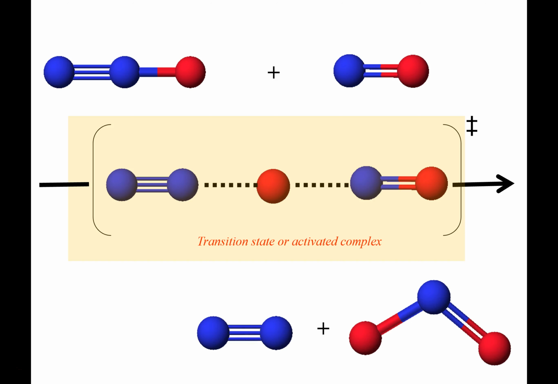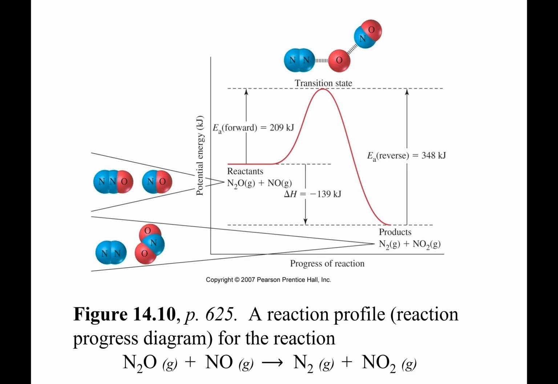Okay. Again, you're going to see it here in a minute. This is not an intermediate. I'm sorry. There's a difference between an intermediate, which is something that's formed as a product of an elementary step and then consumed as a reactant in its entirety in another elementary step. This is actually at the top of our energy barrier, you're going to see here in a minute. So here we go. This is what I was trying to show you. This is kind of the between reactants and products. Okay,